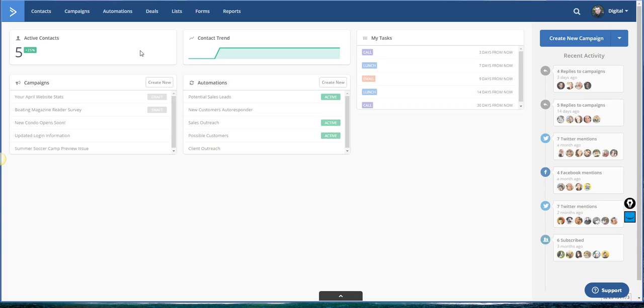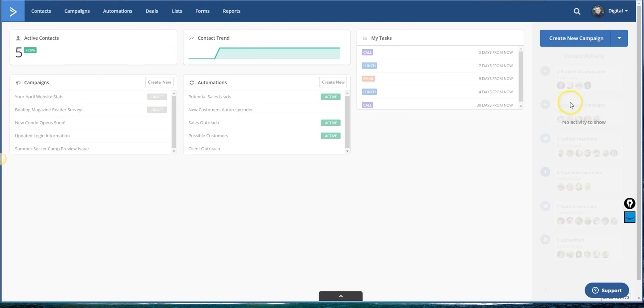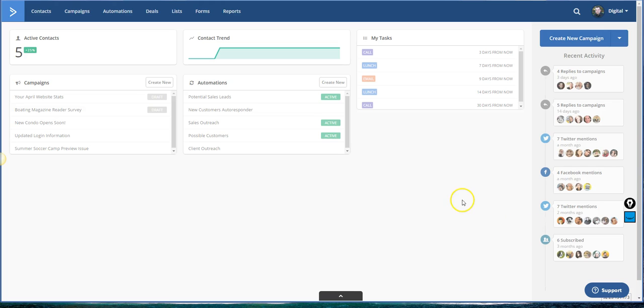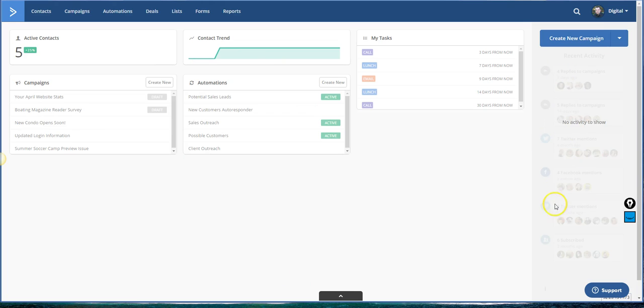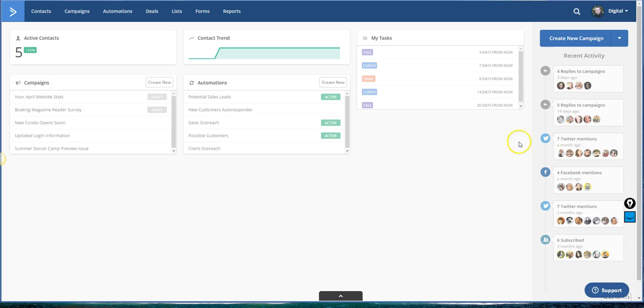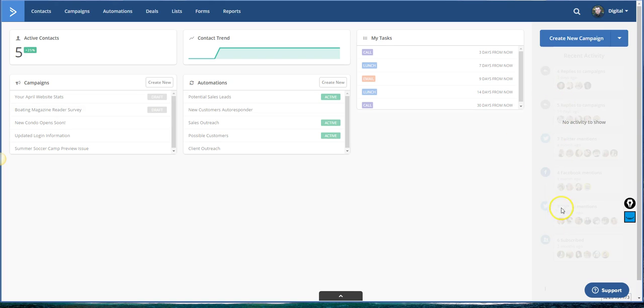So first of all, I want to talk about the main page here. This is just an overall look at what's going on within the system: what campaigns have been sent, what automations are running, how many active contacts you have, any tasks you've set up. And then this is your general feed over here. This is my demo account, so it's a fake feed, but this would be where any recent activity shows up on your